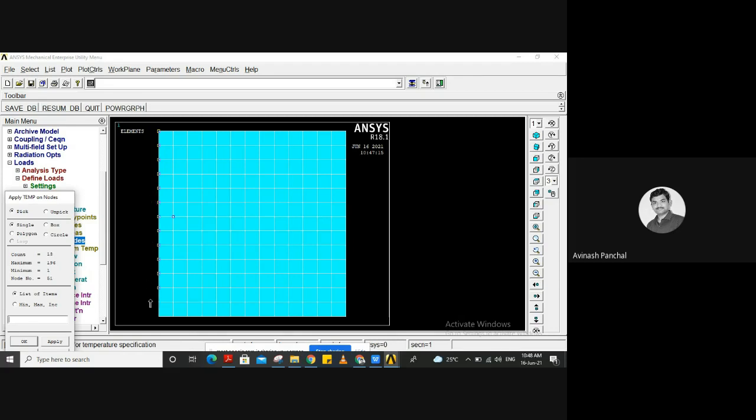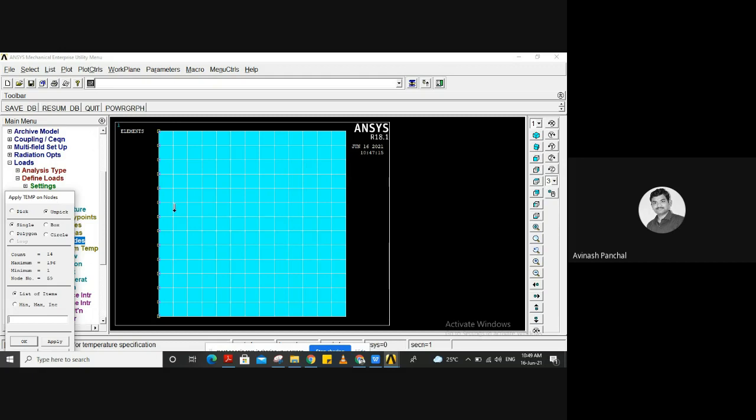The extra node which is not on the surface has been selected here. So how to deselect this? Click on the right button of your mouse, and the arrow will point downward.